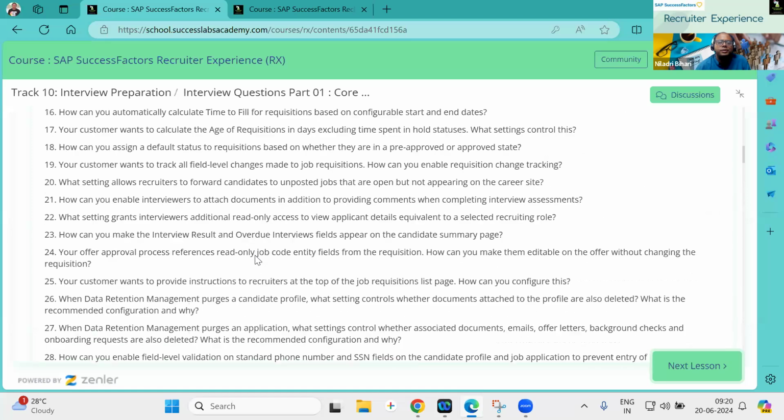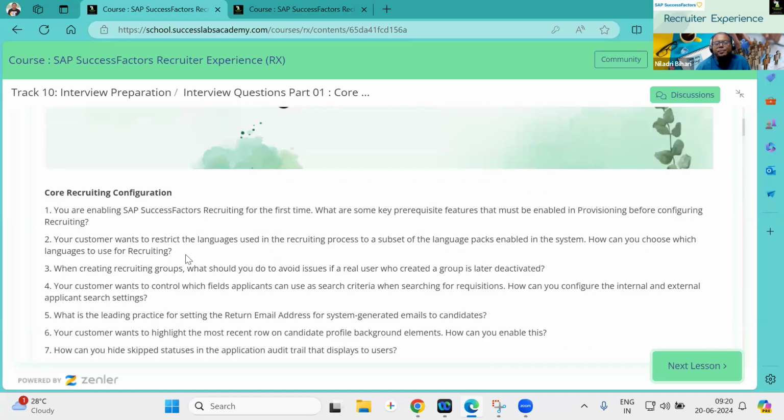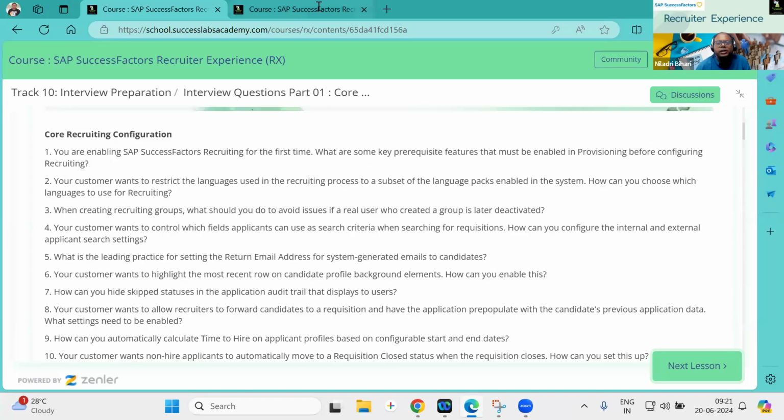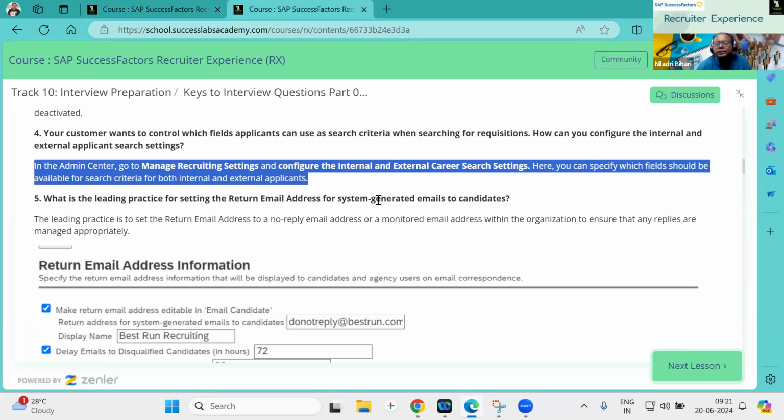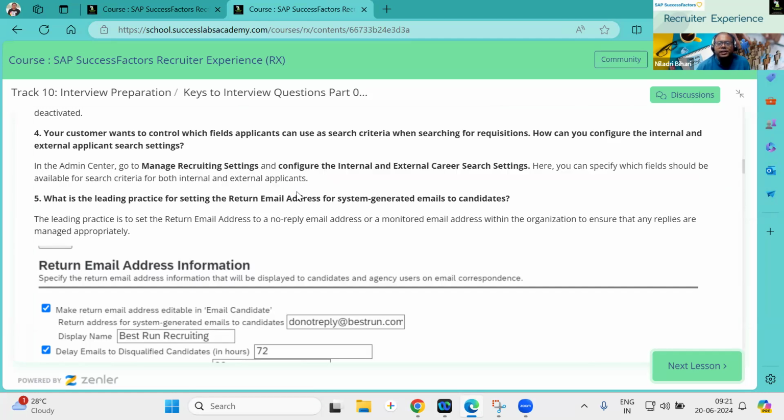I want you to improvise this answer, although I have given a hint here. Consider this a hint, not the exact accurate answer. In some cases I have given the answer, in some cases a hint. So take this hint and let me know what the answer will be. How would you decide which fields should be available for search criteria?